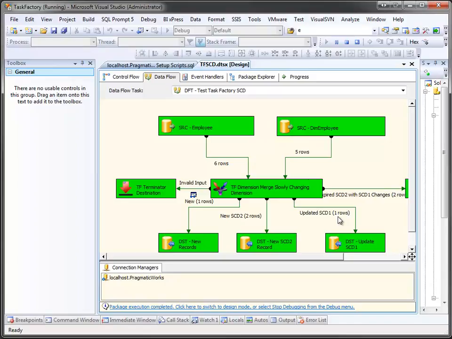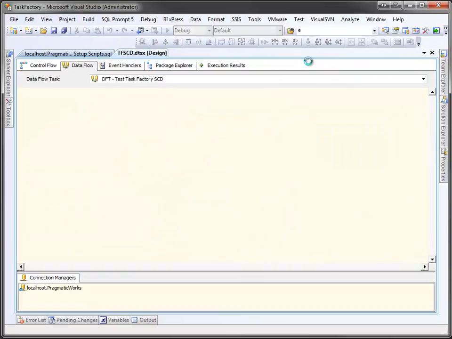And then we had 2 rows that triggered off type 2 changes. We had one that was strictly a type 2 change, and then we had one that was a combination of a type 1 and a type 2 change. So the new type 2 records flowed out here. Then the records coming over here are where we're going to expire the type 2, and we're going to go ahead and apply the type 1 changes as well. So that accomplished, we can come back here and validate everything,